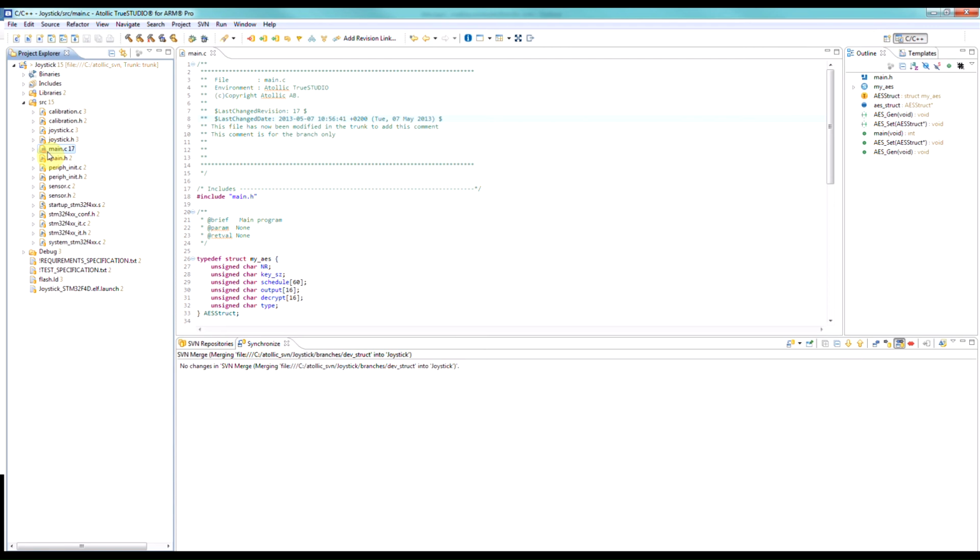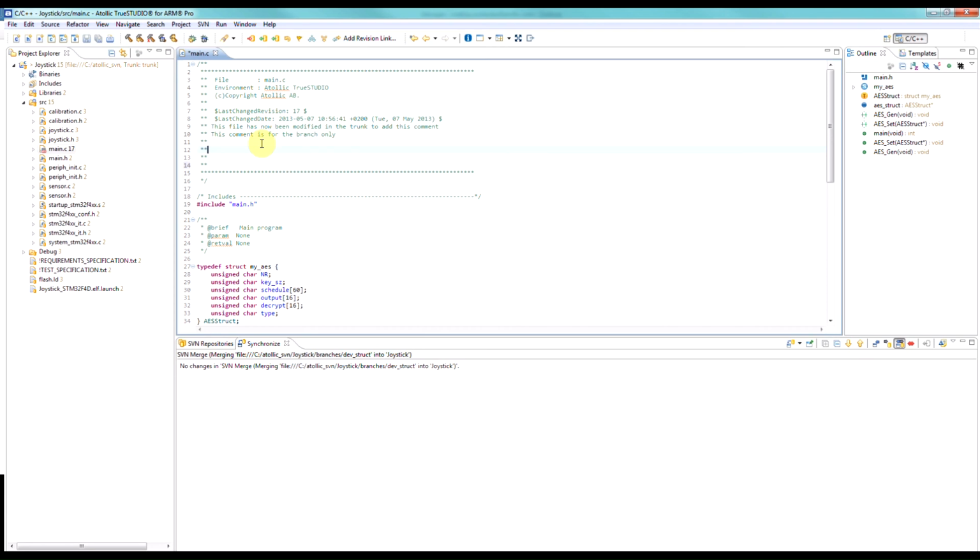There are two ways of maintaining those locks. You can effectively keep that lock across commits, or, and the default for Subversion is that every time you do a commit, the lock is effectively released so that others can then continue doing the work, so you don't effectively keep the lock forever or until you explicitly say, I don't need this anymore. So, for example, if I just add one more comment into my system and I save the file,